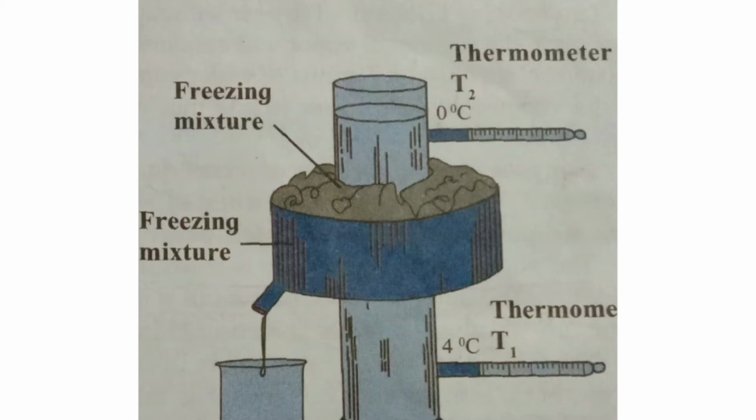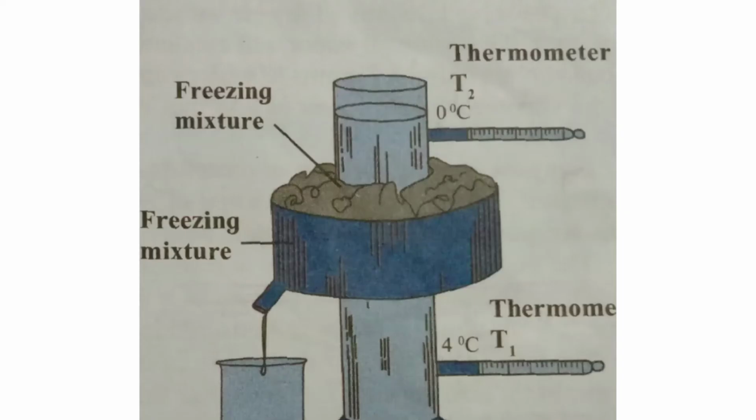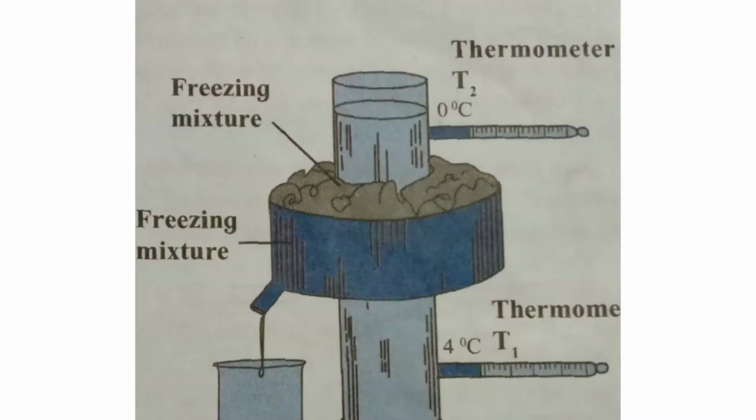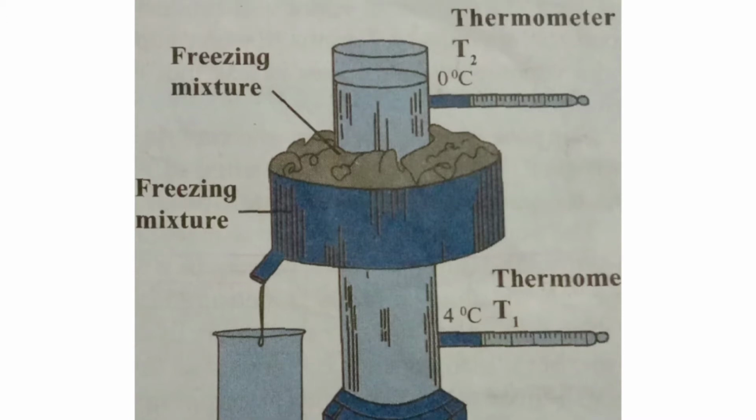Still, if you cool it, now instead of contracting, it will expand. So the density will become less and it will come to the upper part, and you will observe that ice is formed in the upper part. So what you will see here, the temperature shows 0 degrees because ice is formed now, but if you observe below, the temperature T1 is still showing 4 degrees Celsius, right? And till all the water becomes ice, slowly the water which is at the bottom will get converted into ice.